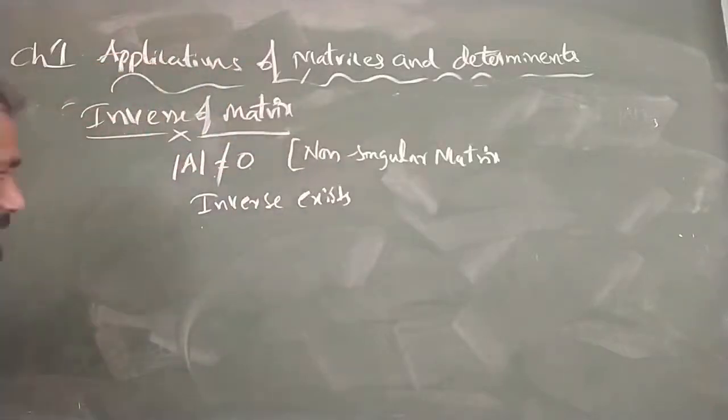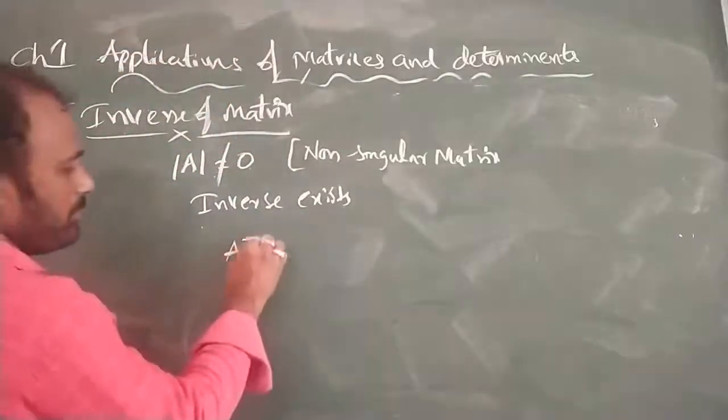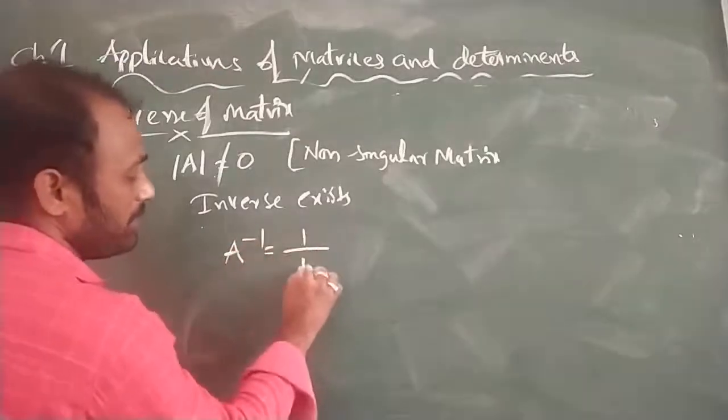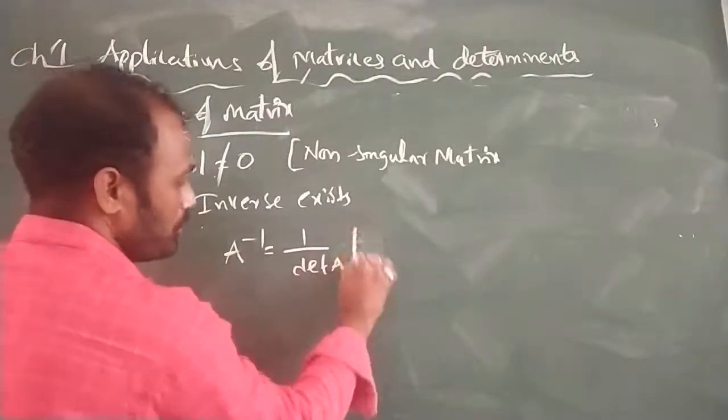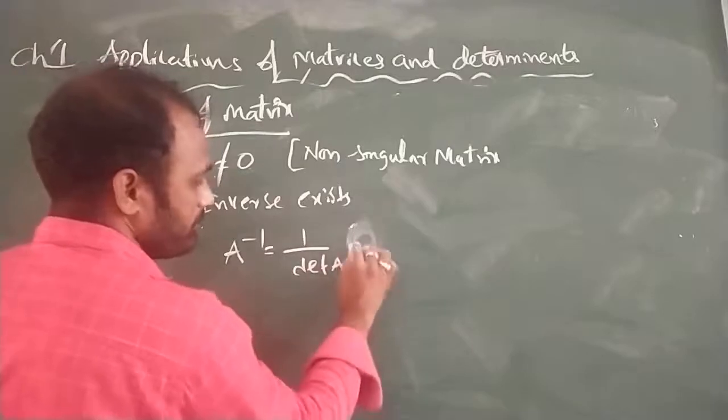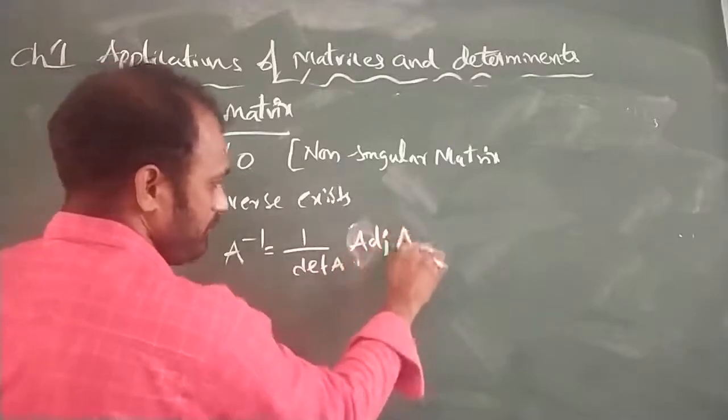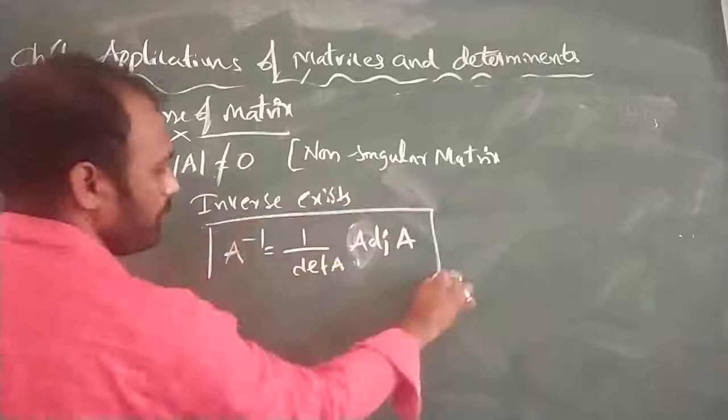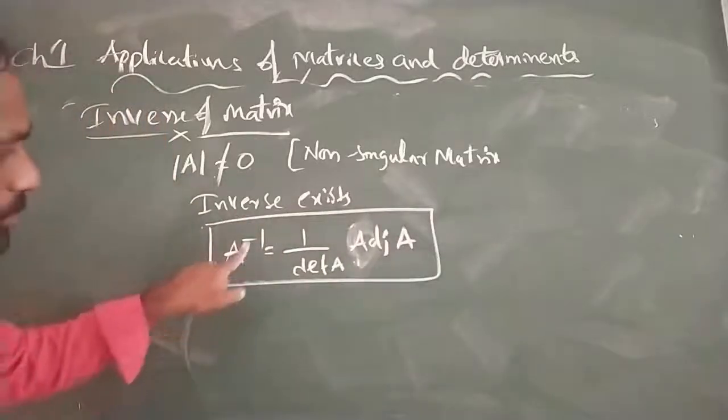So A inverse is given as 1 by determinant of A into adjoint of A. This is the formula for A inverse. So A inverse equals 1 by